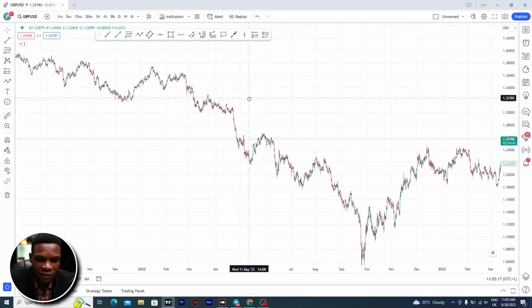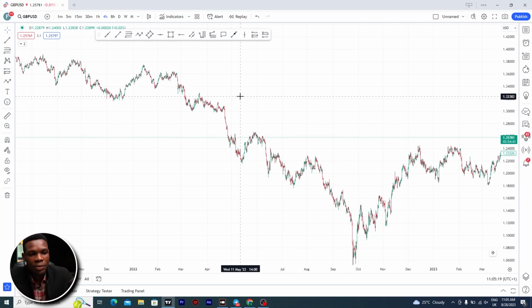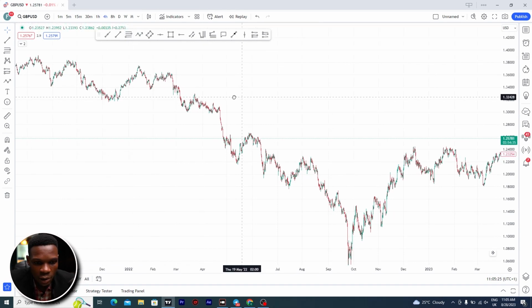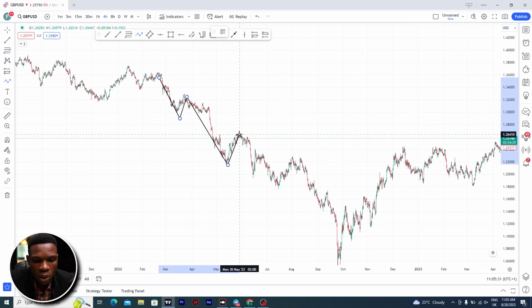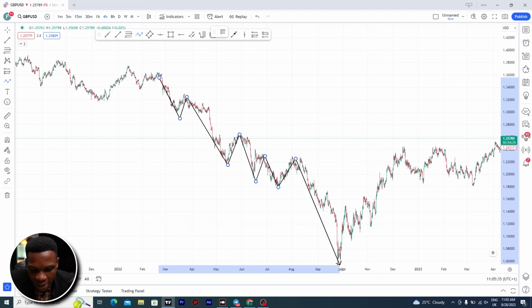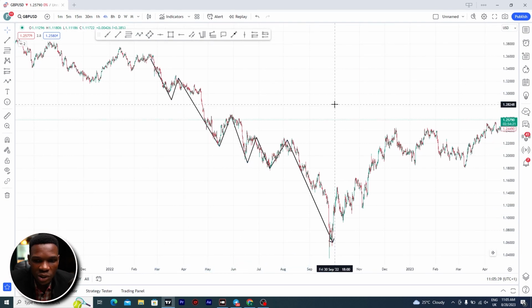Now, this is my TradingView. This is GBP USD, my favorite pair, GBP USD or GU per se, and it's on the 4-hour time frame. Now, if you notice, the market has actually been trending down. You see, lower low, lower high, lower low, lower high, like that, until the market has now reversed. So ideally, what we are supposed to do,